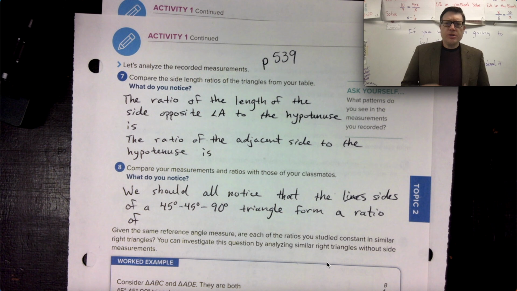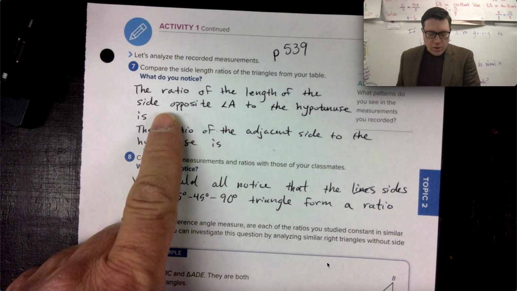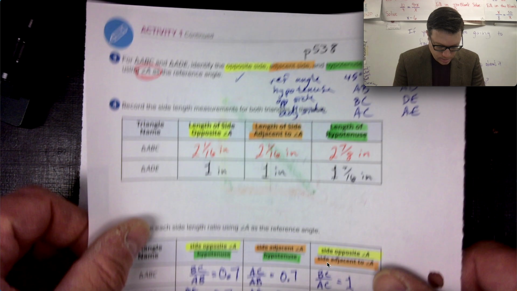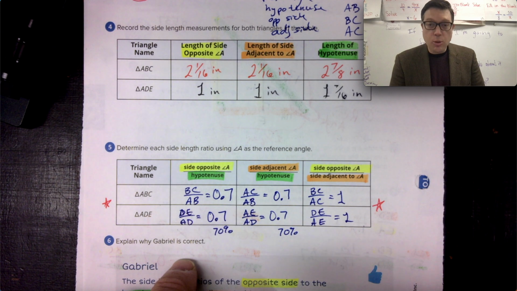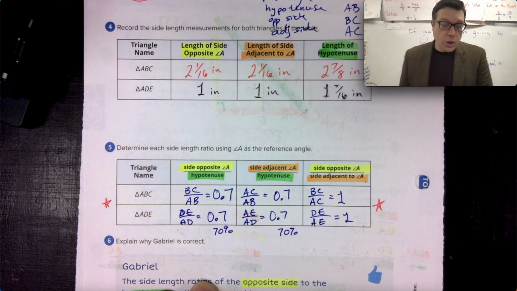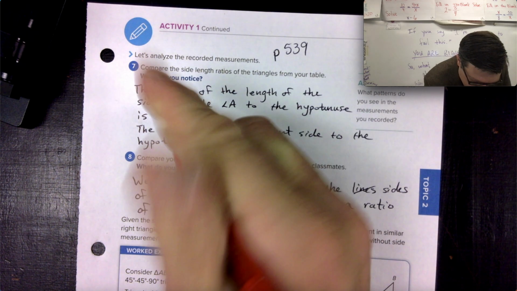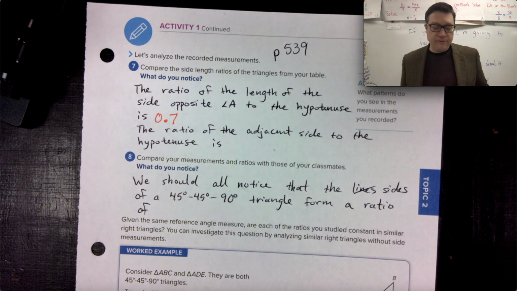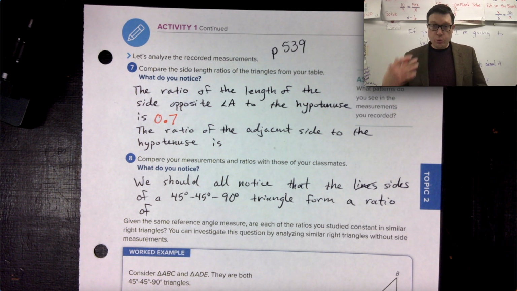Let's go. So the side length ratios from the triangles in our table, the ratio of the length of the side opposite angle A to the hypotenuse is 0.7 or 70%. Although honestly, 0.7 is the better answer. There are more decimals to this on a typical 45, 45, 90 triangle. We'll get into that. But for right now, knowing that that 0.7 is the ratio result is the important part